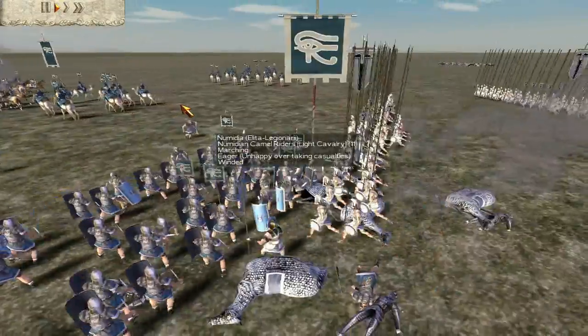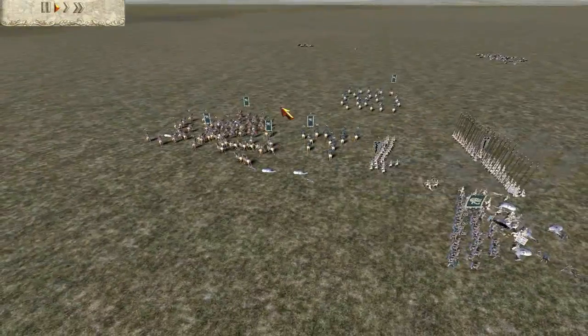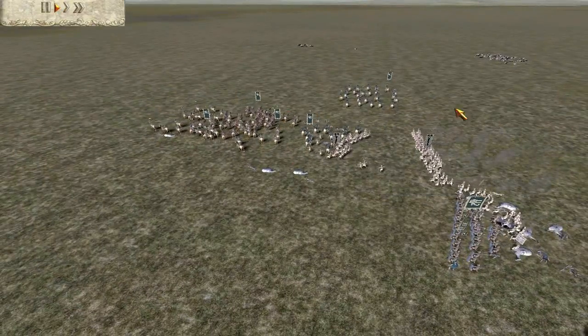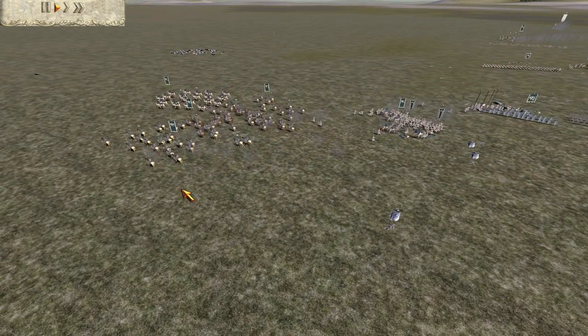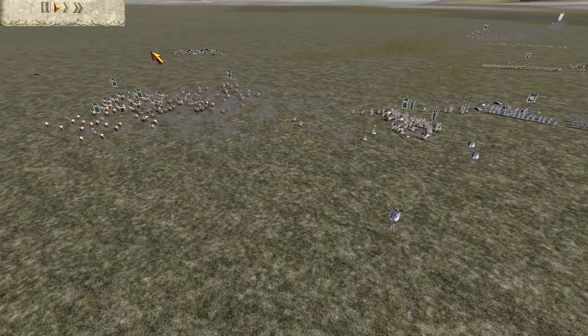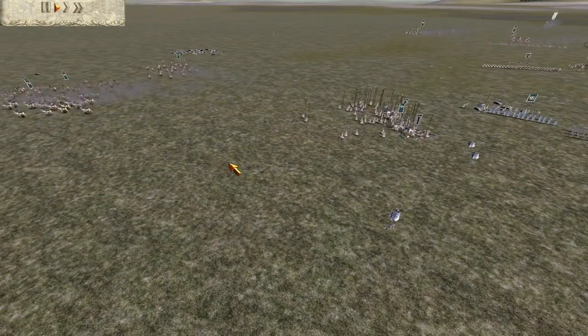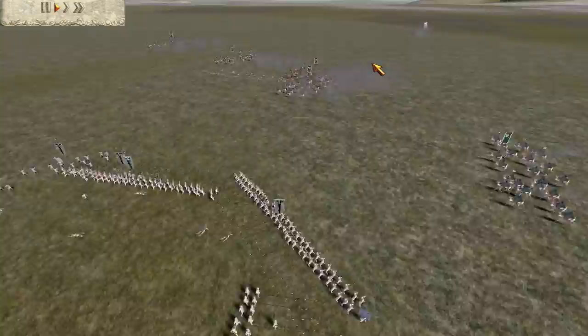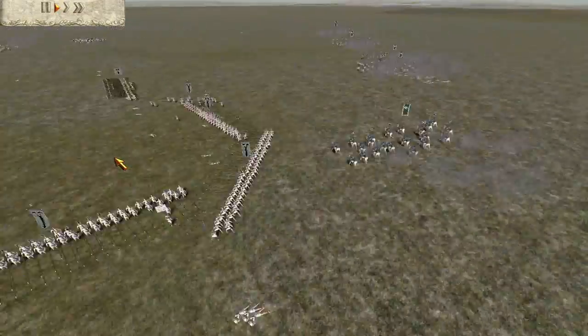Here he charges, and he does catch me before I can get my peeler in, so it's pretty good. As you can see, some of my micro here isn't too flash, it's kind of frustrating. I've found in Rome Total War, when you're organising massive amounts of cavalry units, and you click them to run over here, sometimes they'll run in all sorts of directions. It's frustrating. So I'm going to move my archers out to the right flank so I can shoot the